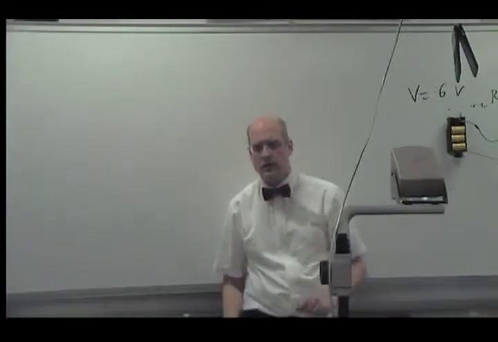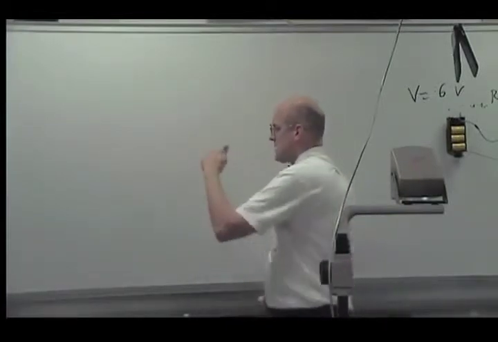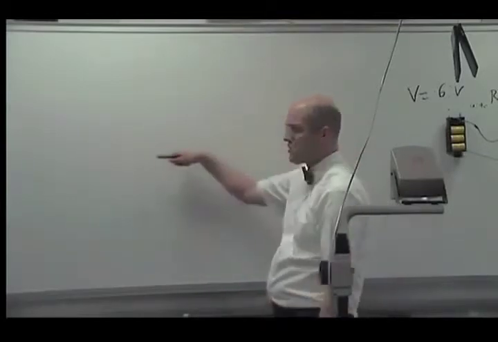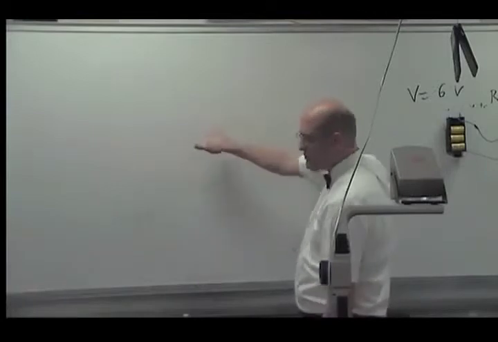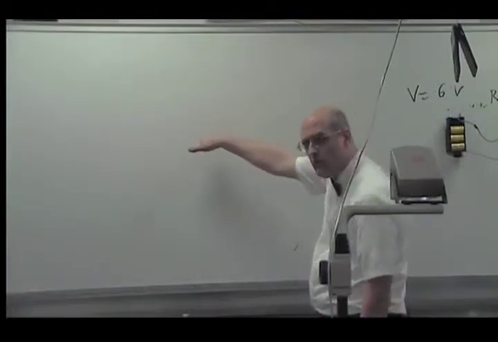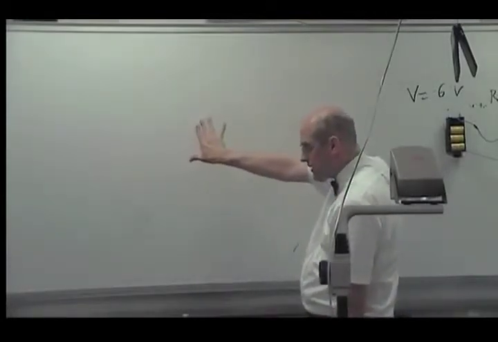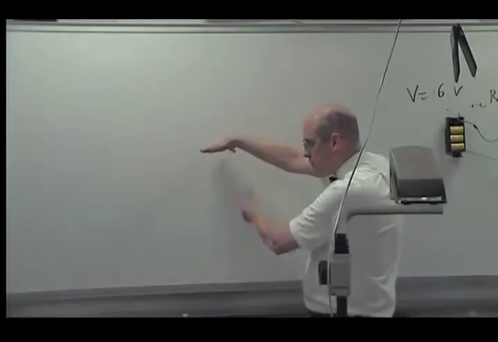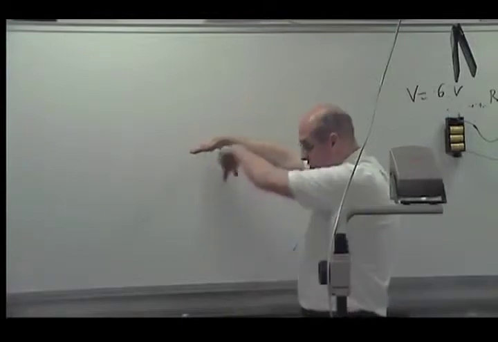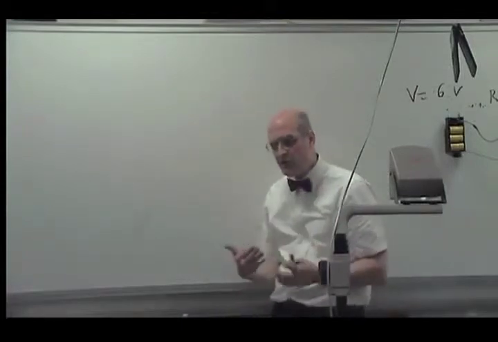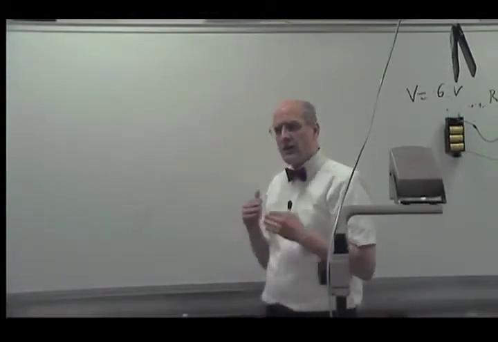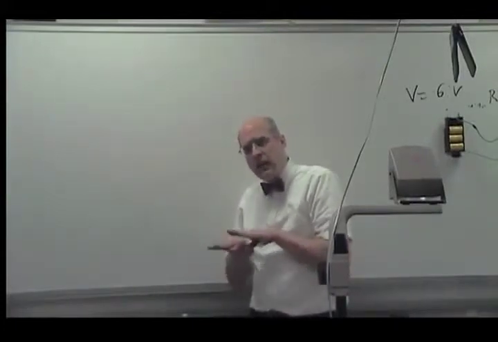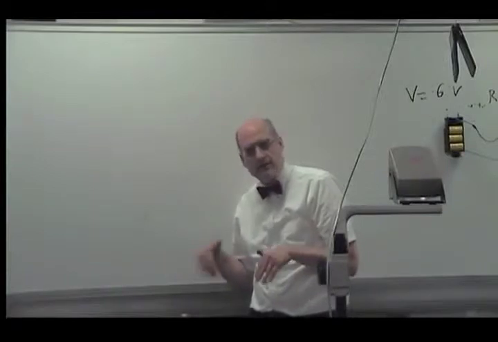Okay, let's do another one. Suppose the magnetic field is directed into the board, away from you, and let's say the positive charge is moving to the left. So you point your thumb in the direction of the moving positive charge, your fingers point in the direction of the magnetic field, the palm of the hand points in the direction of the magnetic force, which is down. Now it turns out that that magnetic force is always directed perpendicular to the plane,